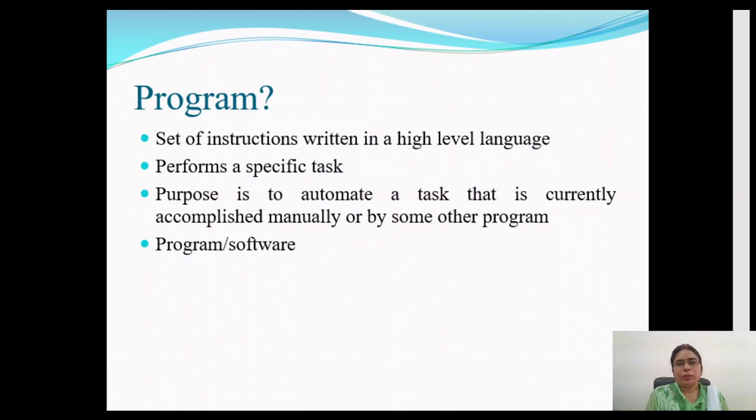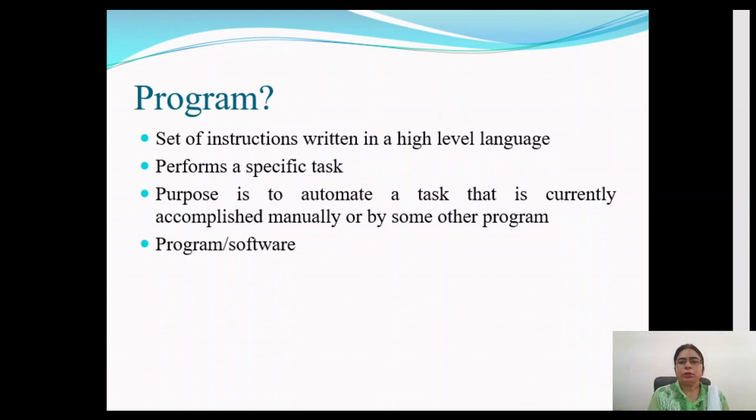Right now our job was to give the input and get the output; the instructions for processing were given by someone else who made that program. But now our job is to prepare those instructions with the help of which a particular task can be done. So the program is a set of instructions that we write to perform a specific task.